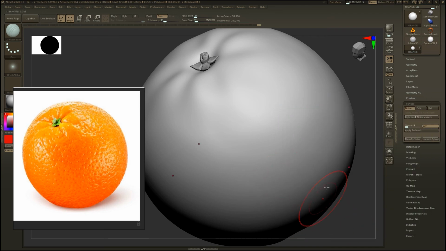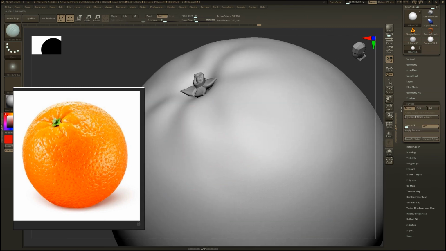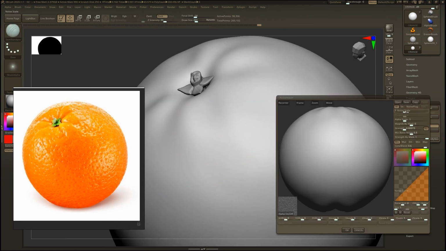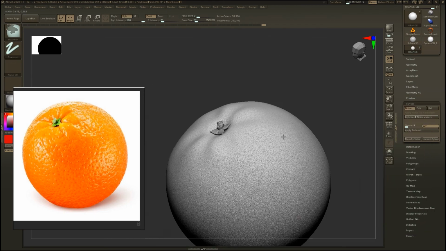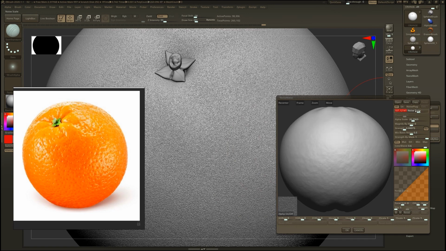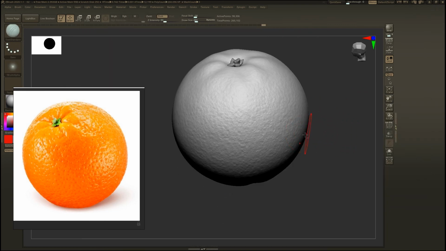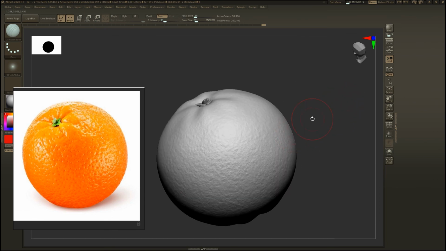Click on OK, but you see the noise is very small. So click on this Edit button to edit it, and just increase the alpha scale. It is still not looking right. Click on the Edit button again and increase the noise scale also. Manage it as per your need. Now this is looking good. You see here we have just made a gorgeous orange in no time.